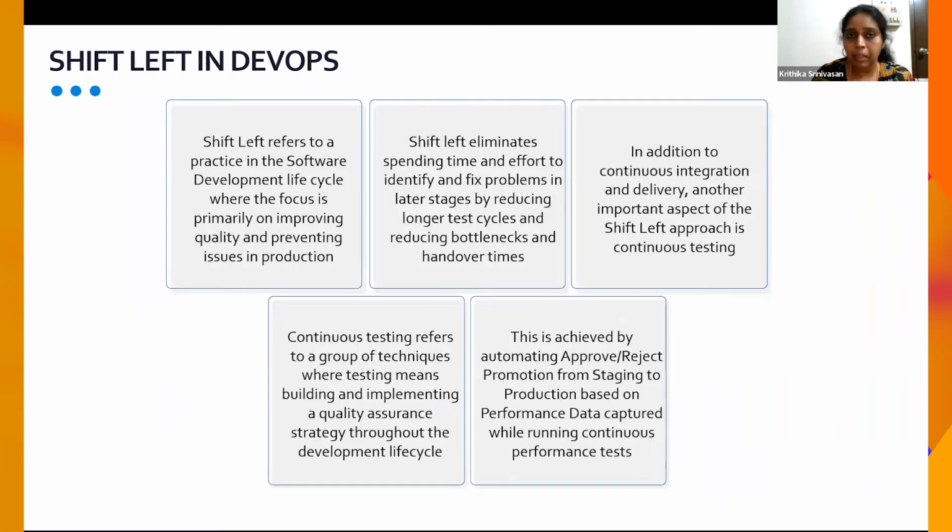So shift left is something that can be achieved only through continuous testing processes, wherein testing means building and implementing the QA strategy throughout the product lifecycle, and not just in any single module or any additional modules. How it is implemented is by testing in each phase. For example, when an application is in the staging scenario, the application is continuously tested from top to bottom, and only if there are no bugs